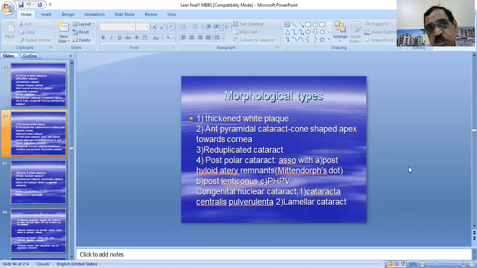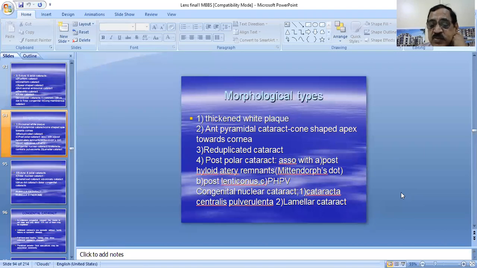There are various causes for this lamellar or zonular cataract, and first and foremost, it can be inherited, with autosomal dominant inheritance. Rubella infection in the first trimester of pregnancy can give rise to lamellar or zonular cataract, or environmental factors such as vitamin D deficiency and also hypocalcemia. All these things can give rise to lamellar cataract or zonular cataract,